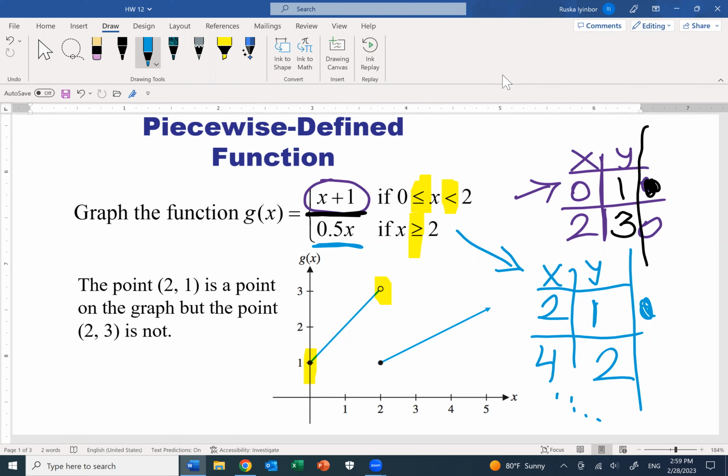The first point is 2 and 1. And this is the point here, 2 and 1. And if you notice, it's full, it's not open, it's not empty. And then you're going to graph 4 and 2. So when x is 4, y is 2. So this is the second point. It's not there, but pretty much the graph continues to infinity. So just connect those 2 points and put a straight line with the arrow at the end. That's why you have the arrow on this side, because the graph continues to infinity. Okay, so this is how you graph a piecewise function. Pretty much you're graphing a straight line the same way you graph any straight line. The only difference is you